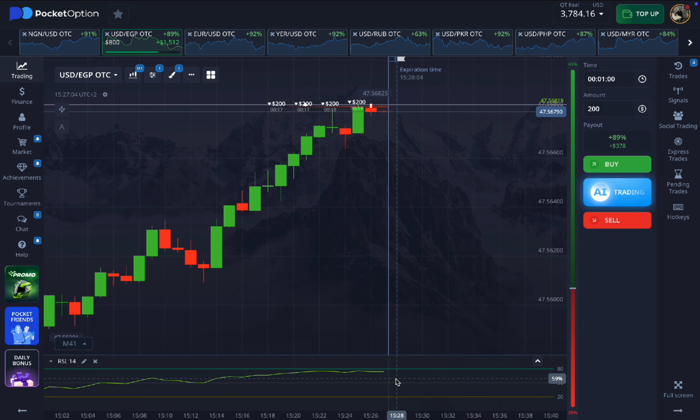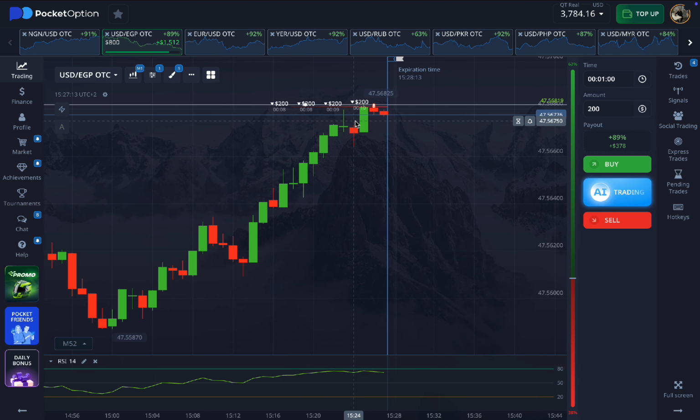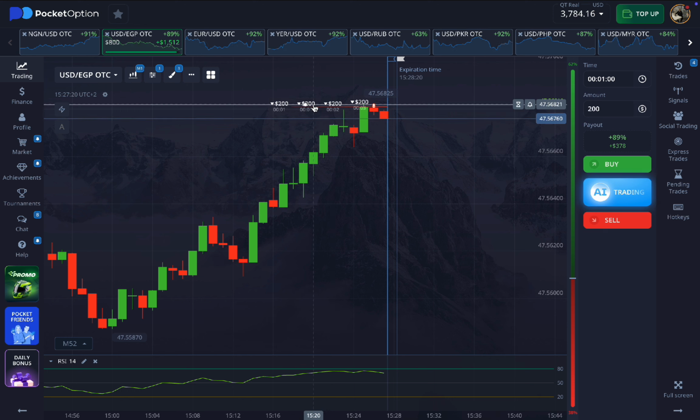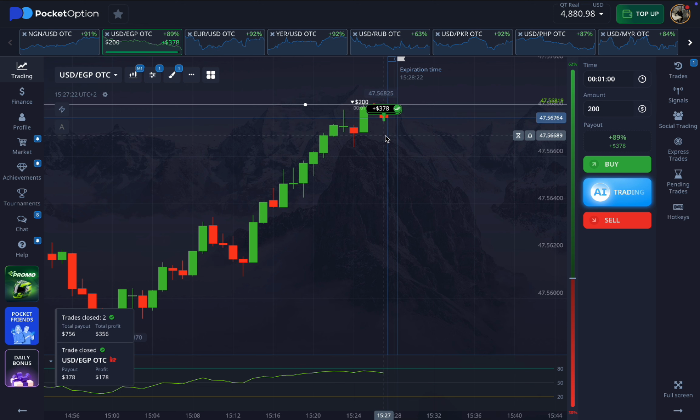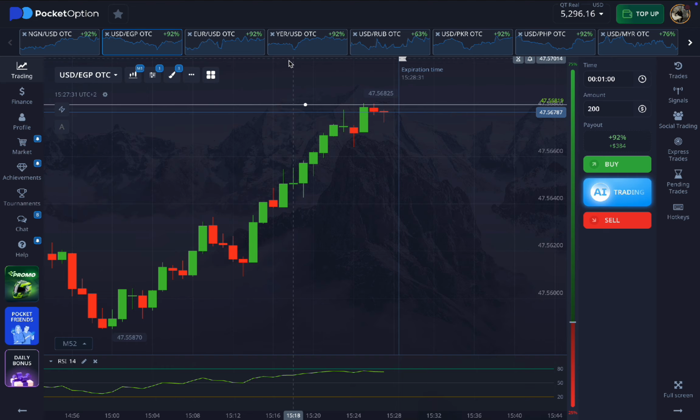So, let's see what's happening with our trade right now. A red candle is forming, moving downward. I hope it continues in that direction. There is now only a very small amount of time left until our trade closes. That is great to see. There is a very powerful downward impulse. Alright, and all 4 of our trades closed in profit. Alright, that's excellent. So, let's open just one more quick trade on another currency pair, and then we'll wrap up